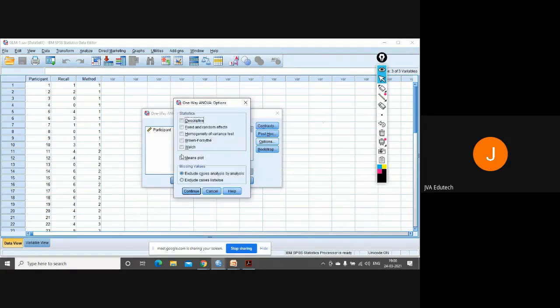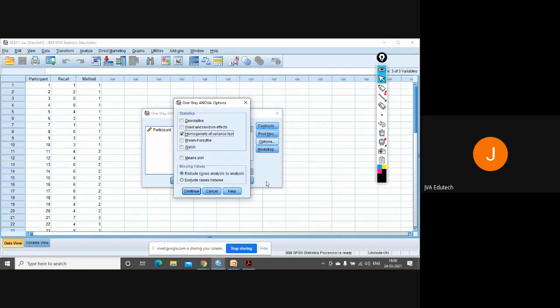In the options, go for the homogeneity of variance test. Now you will find there are two more things: Brown-Forsythe and Welch. If there is no homogeneity of variance in your model, then you can use these more robust methods, because the homogeneity of variance test uses Levene's statistic.